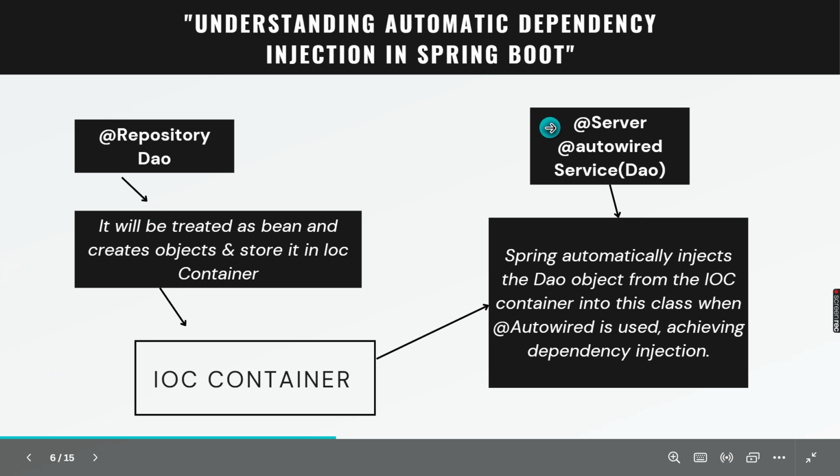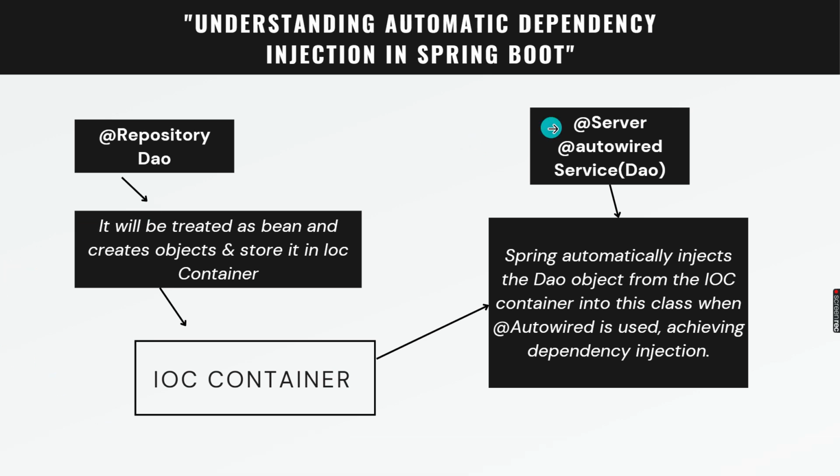Then when we are using it in a service class, @Service marks it as a service class, and when we see @Autowired, Spring automatically injects the DAO object into the service layer,